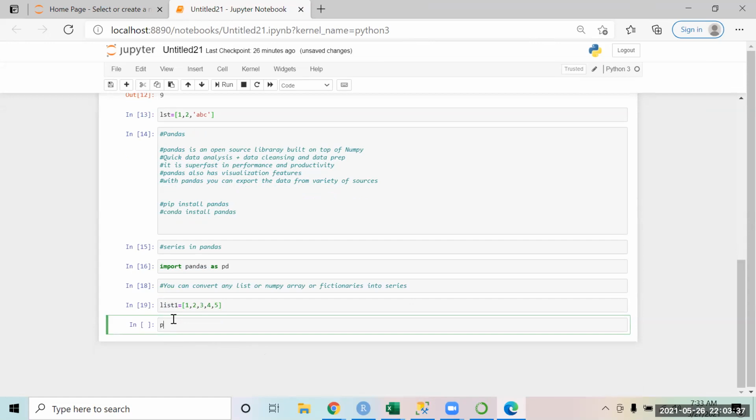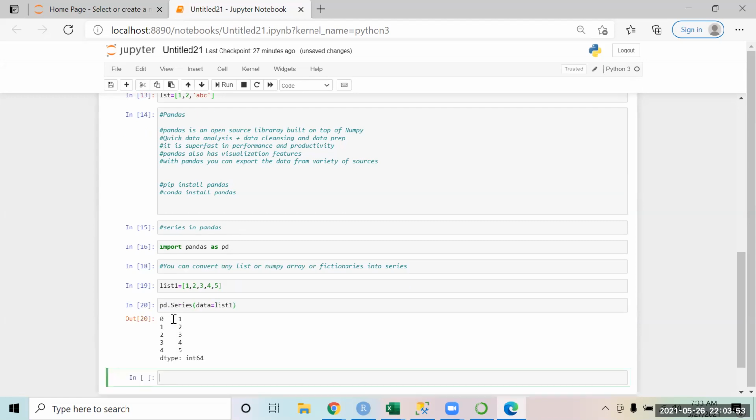So I will say pd.Series, pandas dot Series, and S is in capital, with data equal to list1. See, in the arrays the output was coming row wise, just a one dimensional array. But here it gives you data in a columnar format. It is giving you the index number also, 0, 1, 2, 3, 4, and the data that you have.